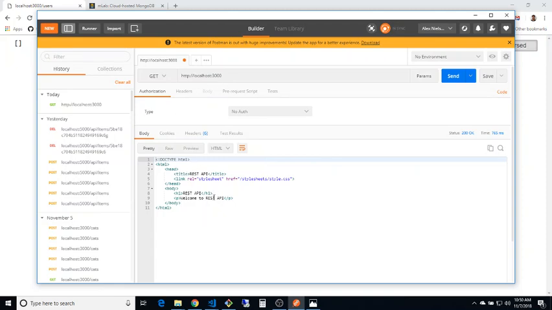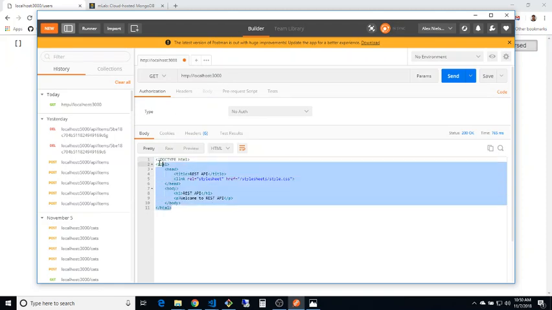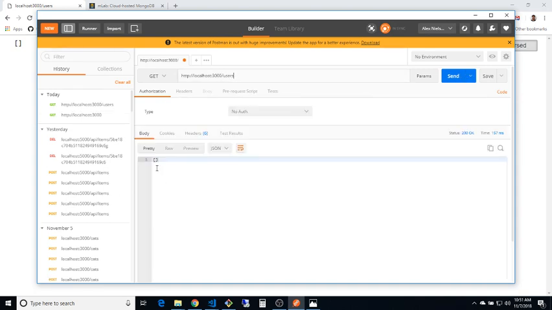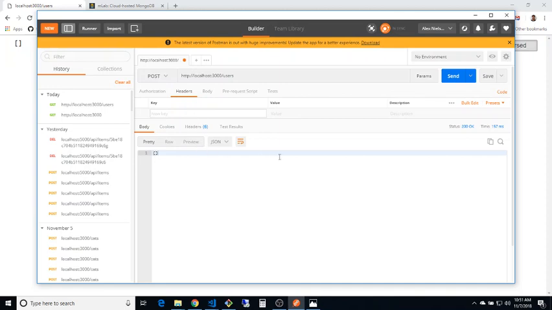Oh, well that's right. So this is the HTML from that root route. But we're looking actually at the users. What's going to send us here? Same thing. Okay, so return that empty array. So what we want to do is make it a post. So this will let us do a post without it being in an HTML form. Okay, so that's the idea there. So we want to send